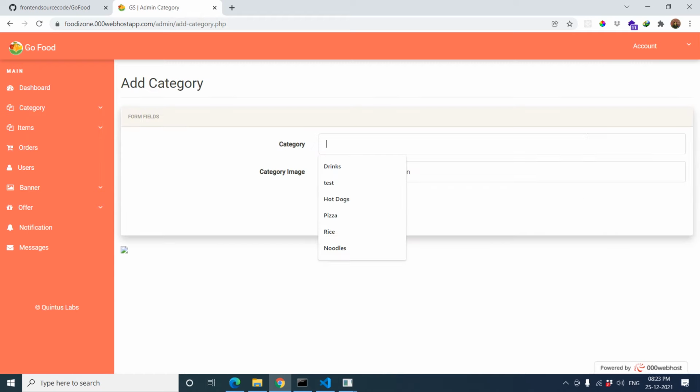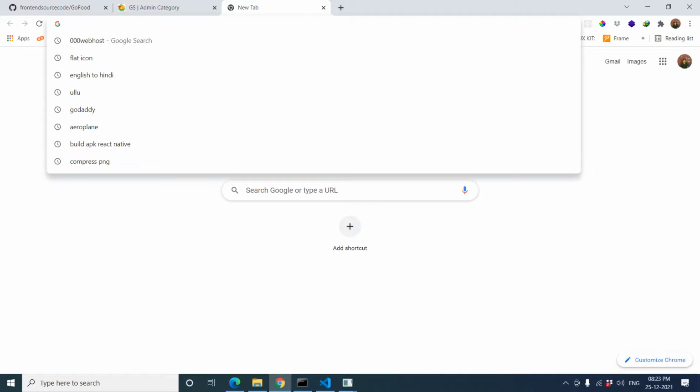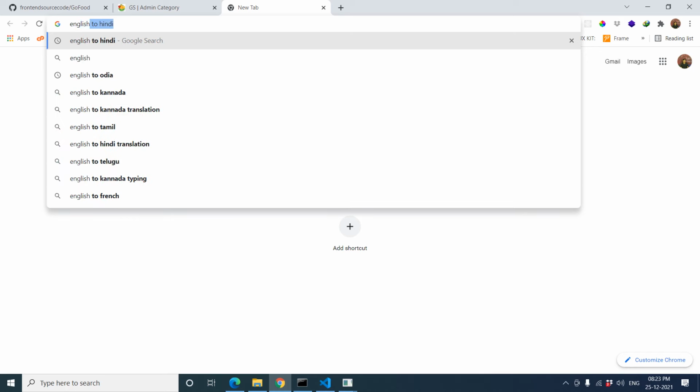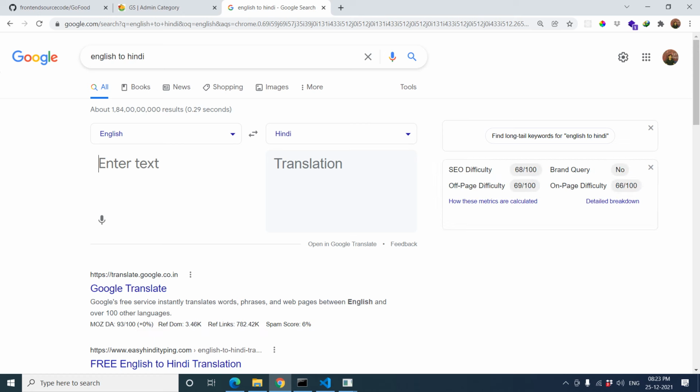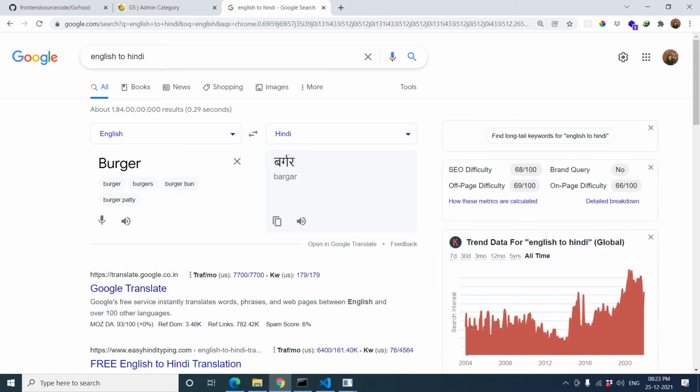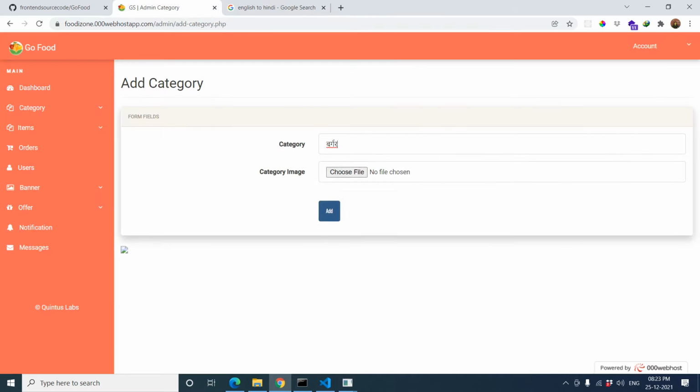Here you can insert any new category, like food categories such as burger, or you can also insert a different language, for example English to Hindi. You can see you can insert the Hindi also here.